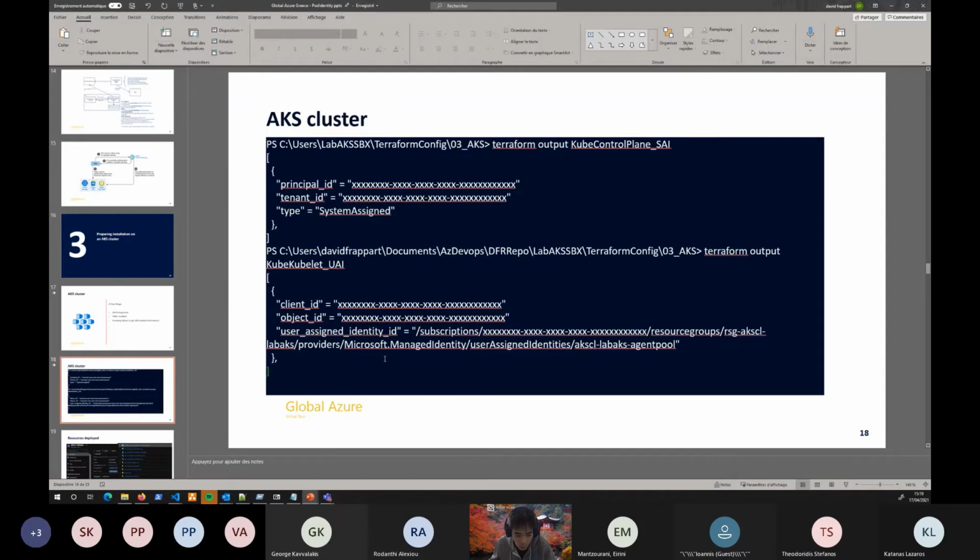So I output these identities, but it's interesting to know that by design, the Azure API, and then by inheritance the Terraform object in your provider, is able to output the identity that you need, and you will need a few things on that, such as the user identity and the object ID from time to time, or more mainly the client ID.